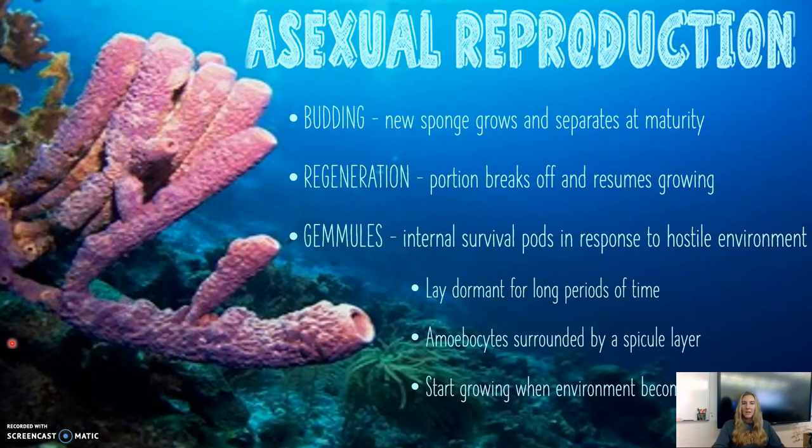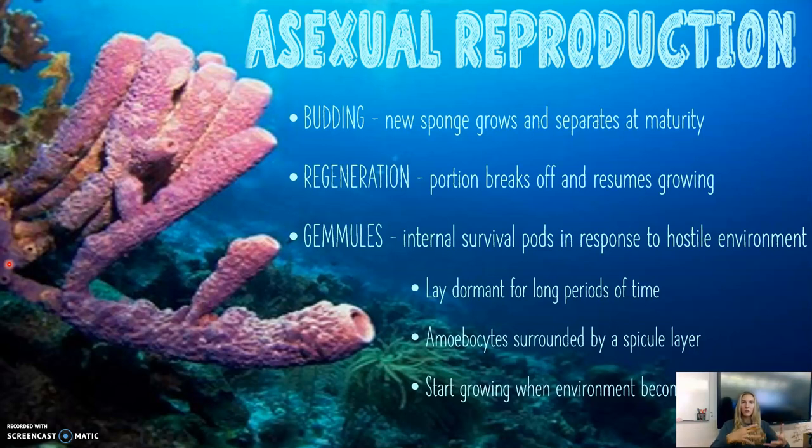There are two ways that sponges can arise. The first one we're going to talk about is asexual reproduction. There are a few ways that this can happen. When a sponge buds, so budding, a new sponge is going to begin to grow. We can actually see budding occurring in this picture right here. A new sponge is going to start to grow, and then once it reaches maturity, it's going to separate